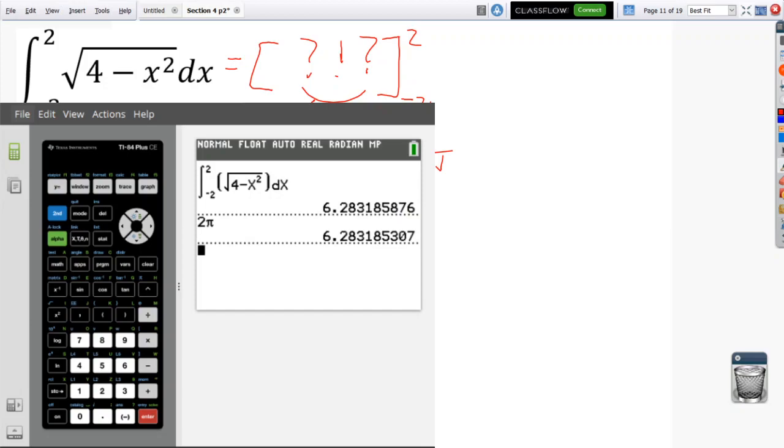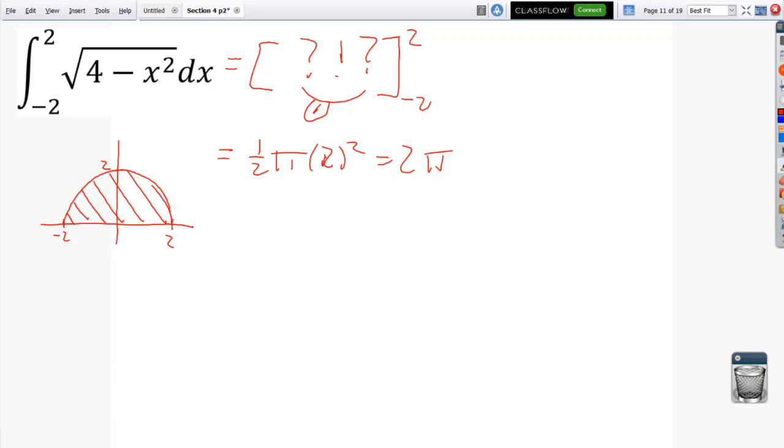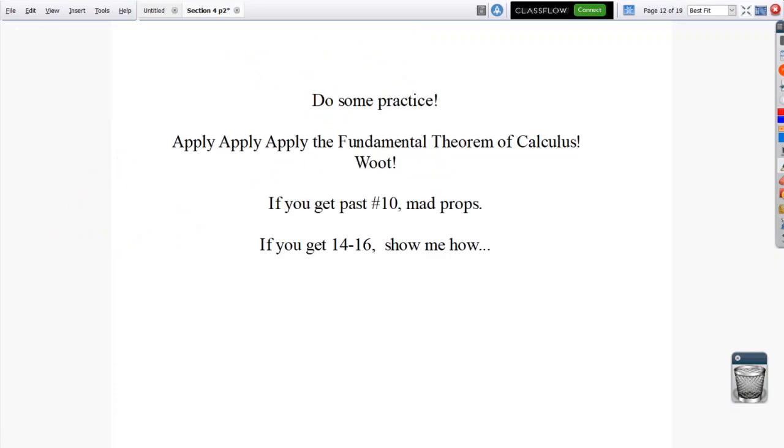Yeah. That's really all we have for today. There is a practice sheet in the Schoology folder. We will probably work on it tomorrow along with some problems out of the book. But yeah,